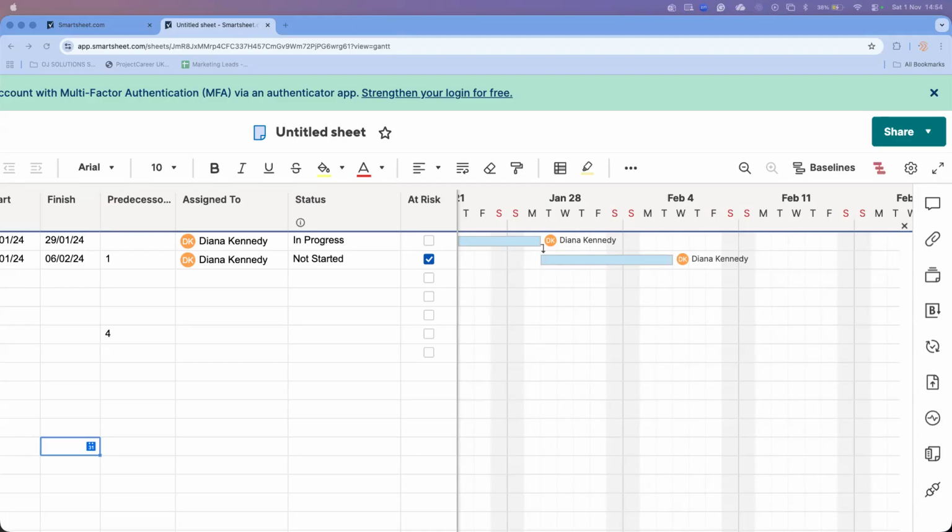Now look at your dates there. Look at when your project starts and finishes. Starting on the 30th of January, and finish when? 28th November, 2028.